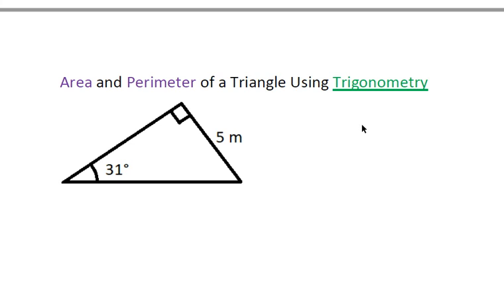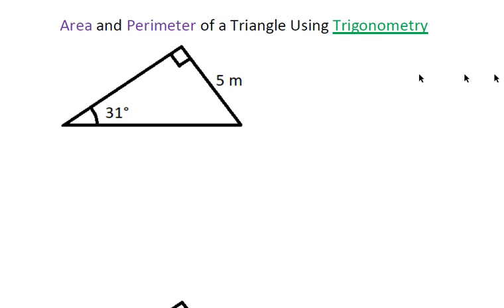Looking at the area and perimeter of a triangle using trigonometry. If you're given just one side, one angle, and a right angle as well, then you can use trigonometry to work out all the other unknown sides. And in fact, we do need to work out the other sides, because to work out the perimeter,